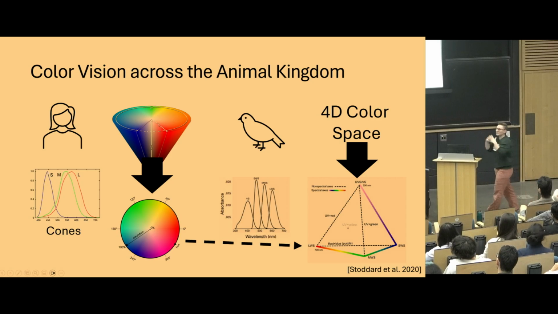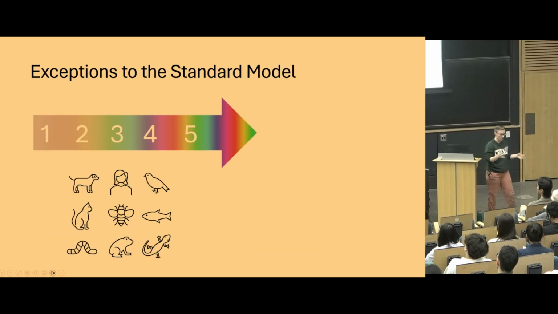Okay, so this is the standard model of color vision across animals. There are 2 to 4 dimensions of color in the world. There are 2 to 4 cone types in the retina. There are 2 to 4 dimensions of color in the brain. And we can test that behaviorally by, say, training animals to pick between wavelengths of similar color and rewarding them with food if they get it right. So this holds together, by and large, across a lot of the animal kingdom.